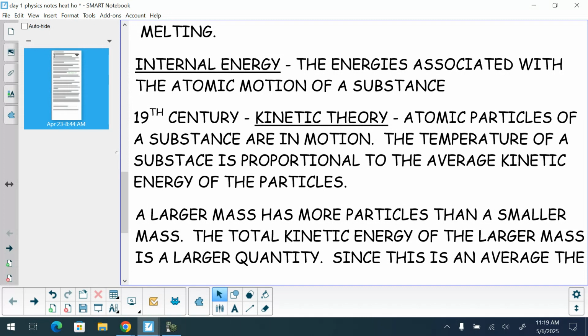So you look at all the particles that are internal to you. There's motion. You look at all the particles that are internal to this desk. Okay? You have a lot of bonds connecting these things together, forming a solid. Okay? But they are still in motion. Even though we think they're stationary, there's still a little bit of motion going on there. Well, if we look at the average kinetic energy of all these particles, that's going to be proportional to the idea of temperature.